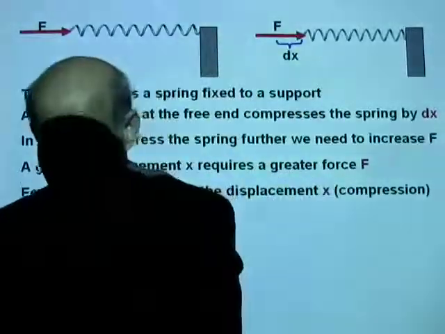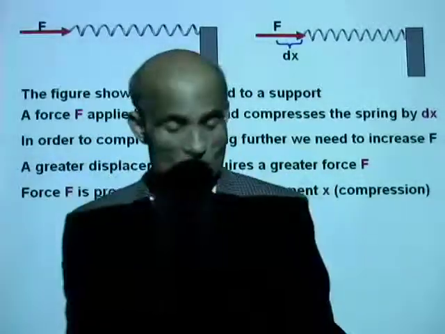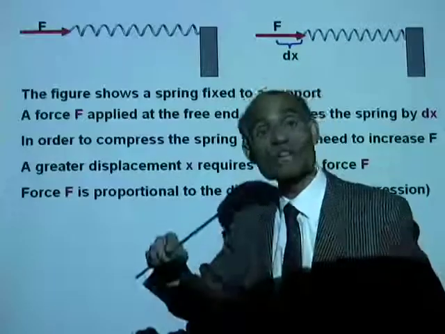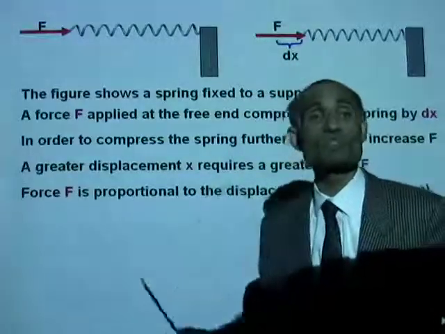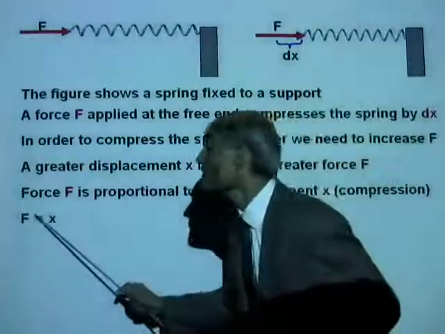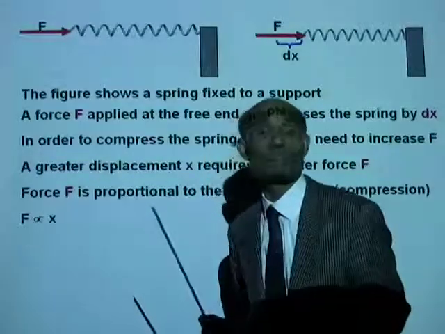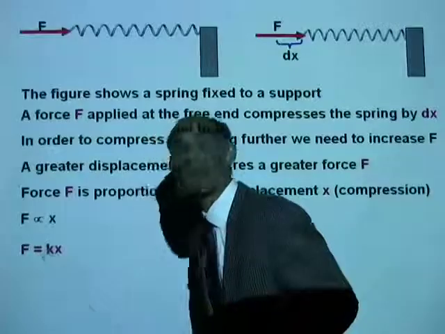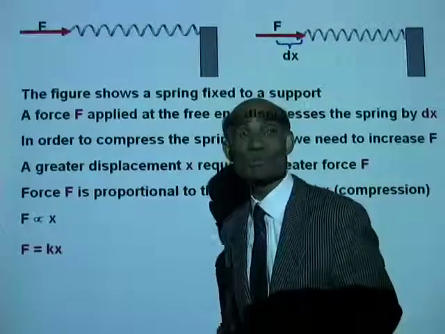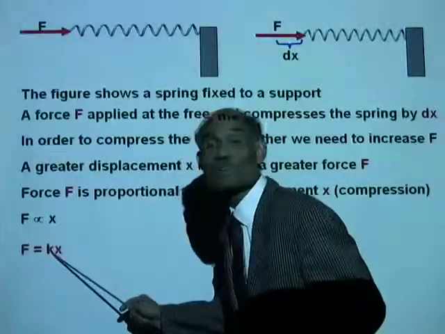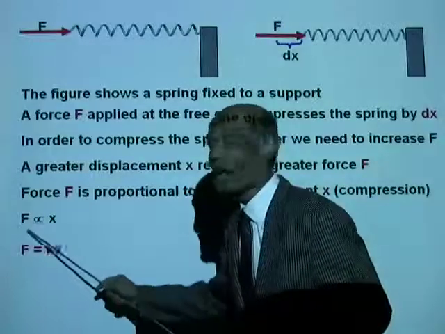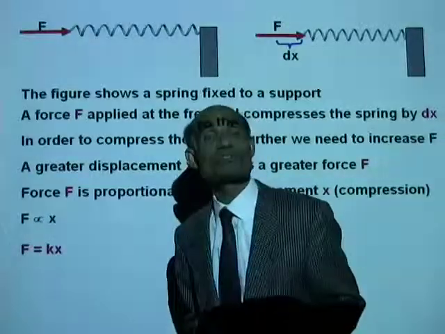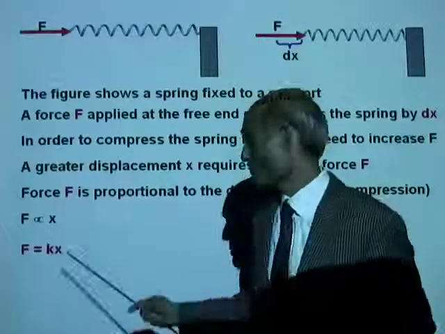Now, how do you write that mathematically? The stretching force is directly proportional to the displacement. F is directly proportional to x. And the proportional sign can now be replaced by an equal sign. F equal to kx. Now, this is called Hooke's law, where